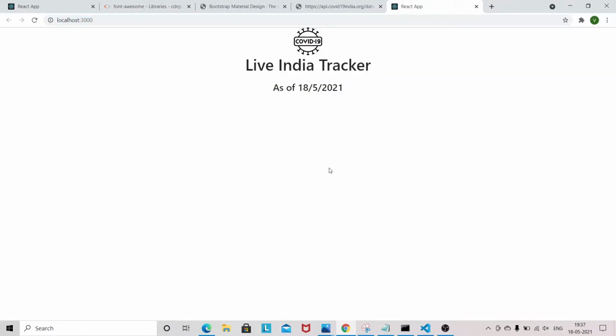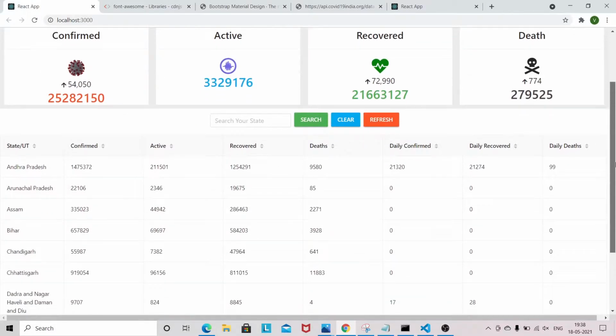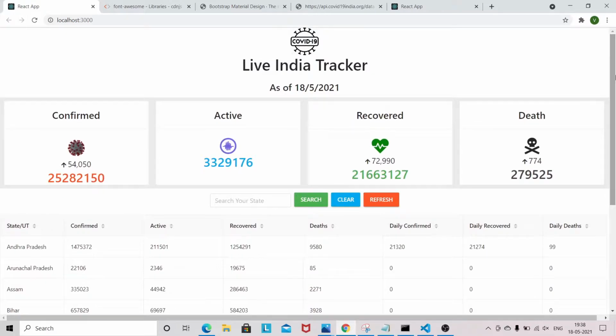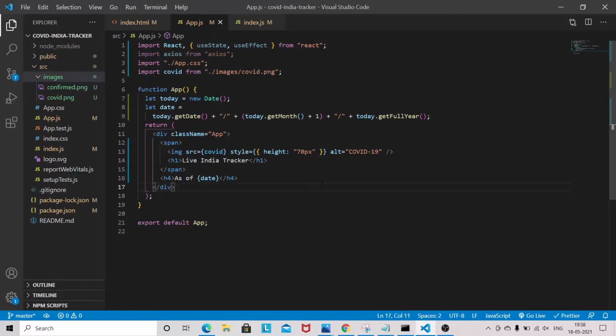Okay, so first we will basically build this card component, okay, then we will be working on this state wise, okay. So let's start building this card component. So we need to define some initial state here.